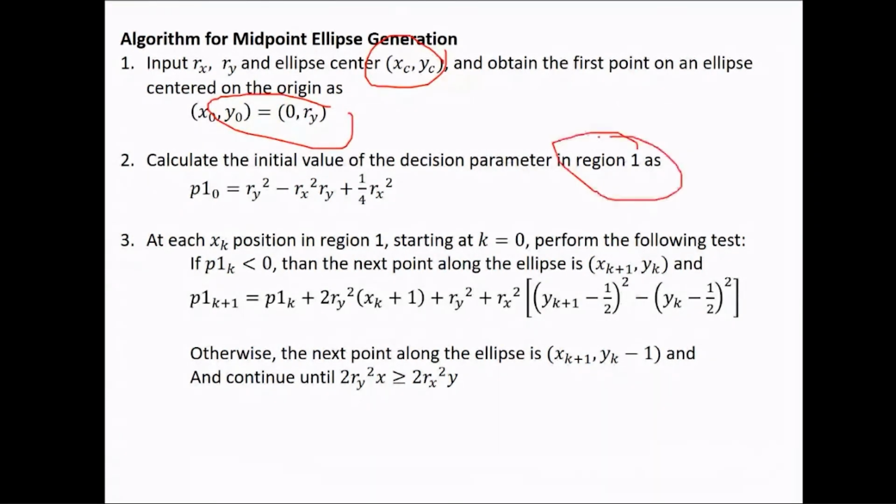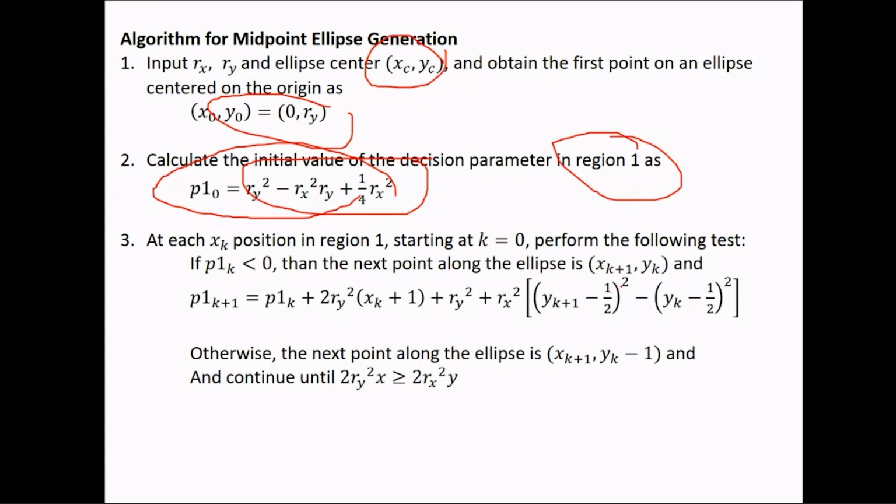Okay, so you are going into region 1 now, and what it says is you have to first of all consider the initial decision parameter of region 1 only, and put your values in this particular equation, and you'll get the value of the initial decision parameter. Out of the decision parameter, you have to make a decision whether to increment x or not at this particular stage.